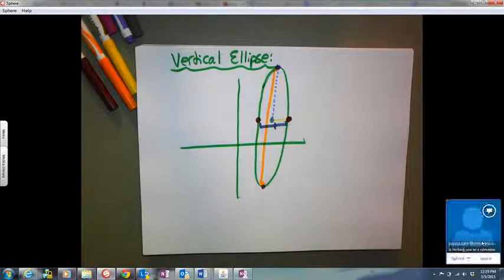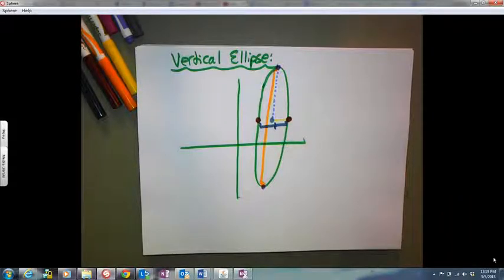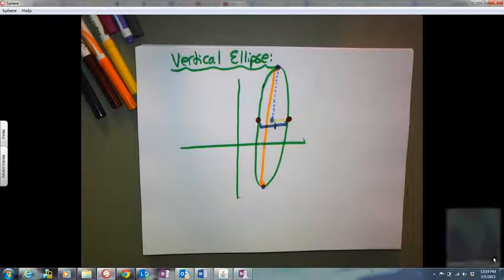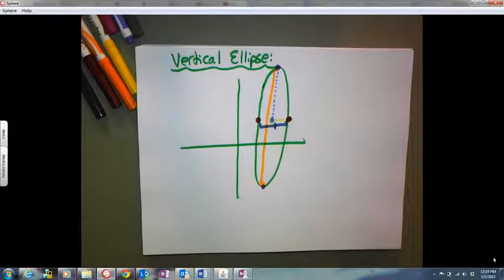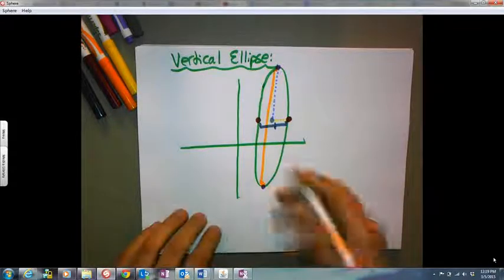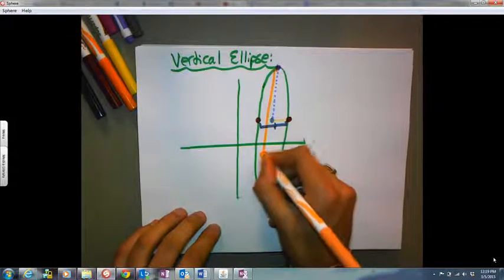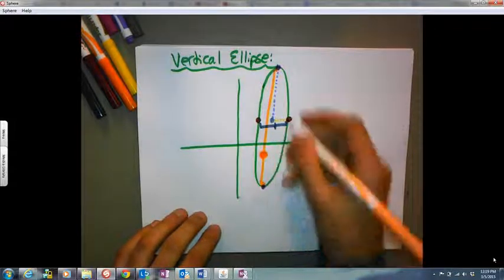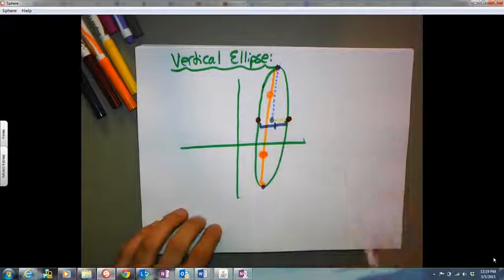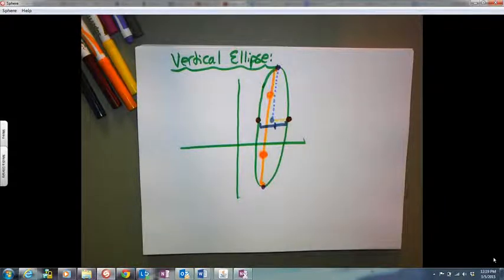And then the final piece we have is the foci. Somewhere down here, 1. Somewhere up here, the 2nd. Questions on that? So then we'll apply this with some problems. The general equation for a